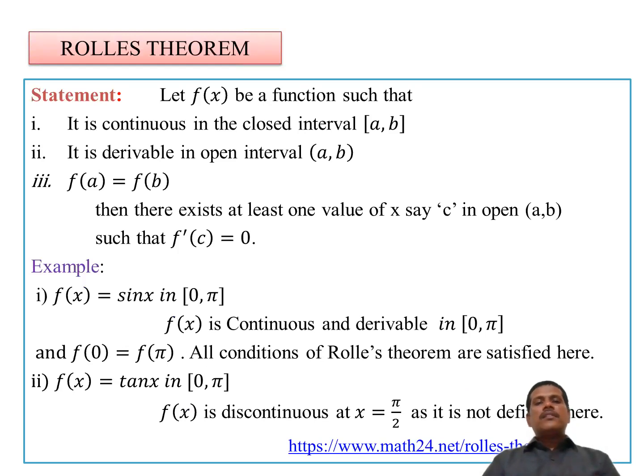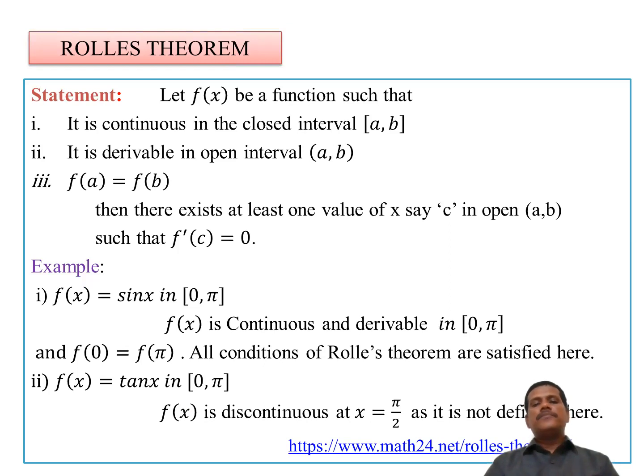Rolle's theorem states that let f of x be a function such that it is continuous in the closed interval a comma b, and the second condition is it is derivable in the open interval a comma b, and the third condition is f of a equals f of b. Then there exists a value c that belongs to the open interval a comma b